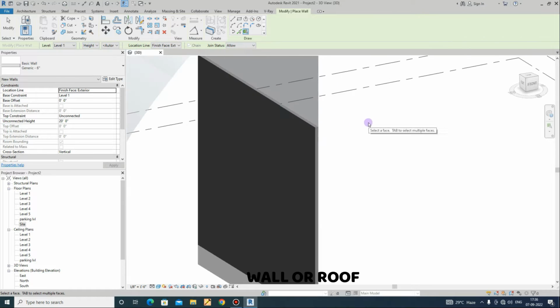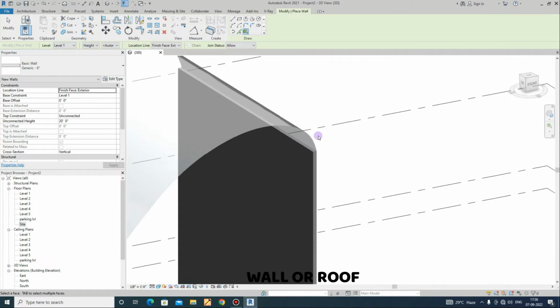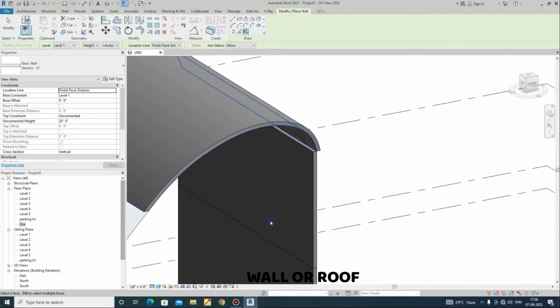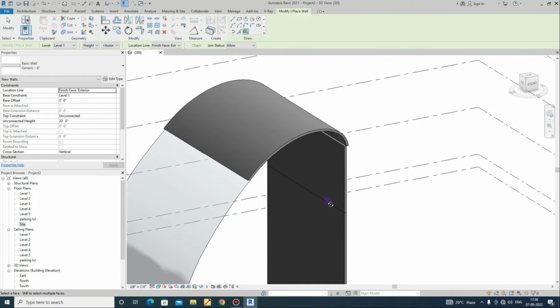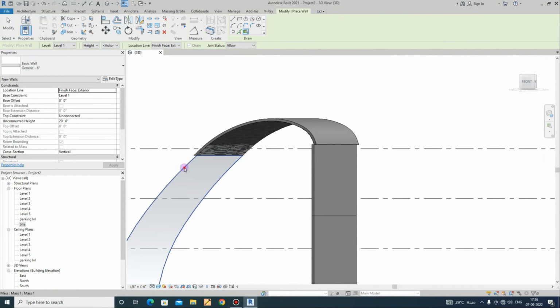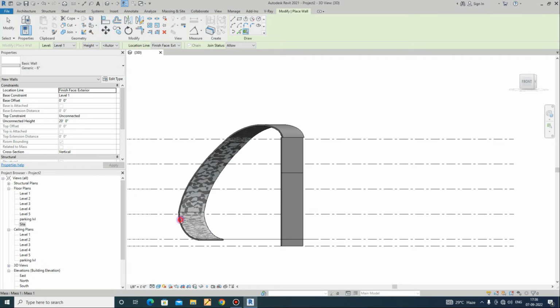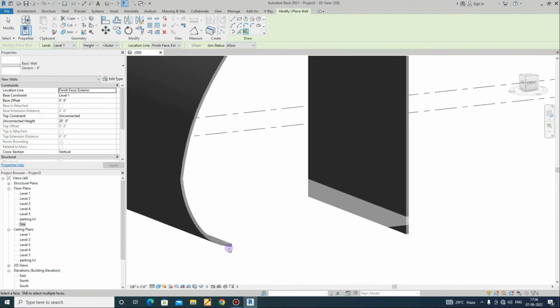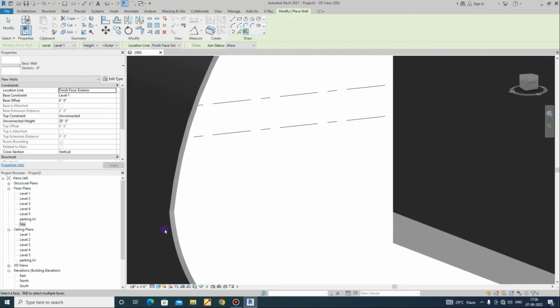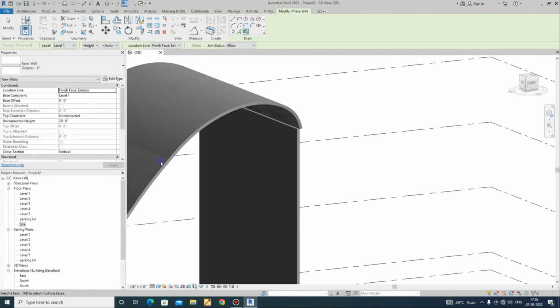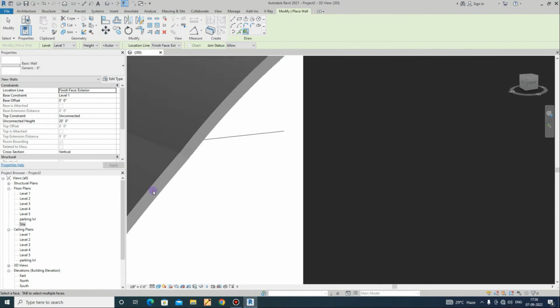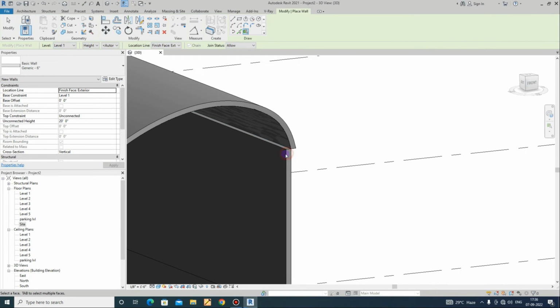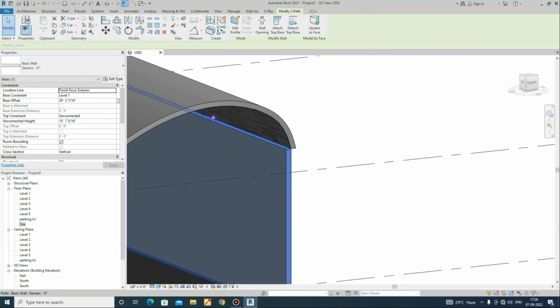Select this. Okay, this is everything. Okay, fine. Done. This is how to make the outside.